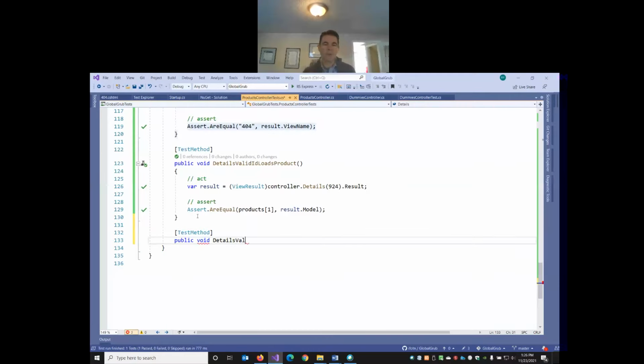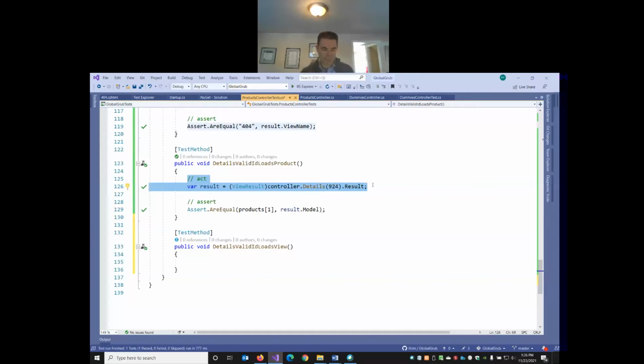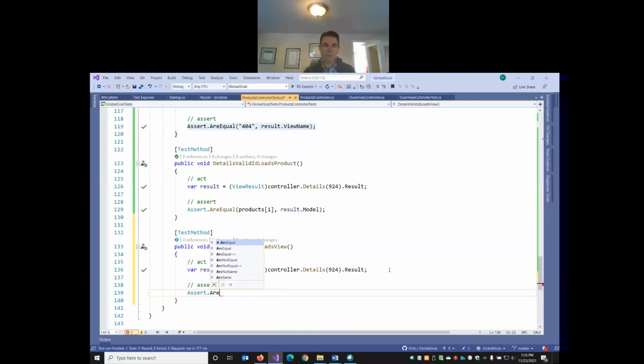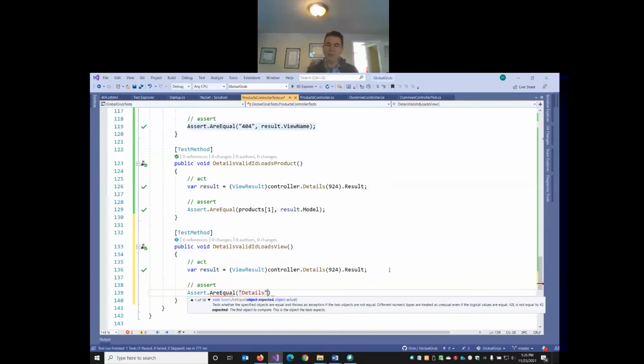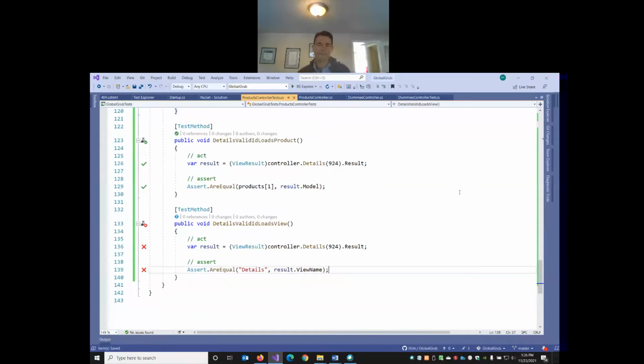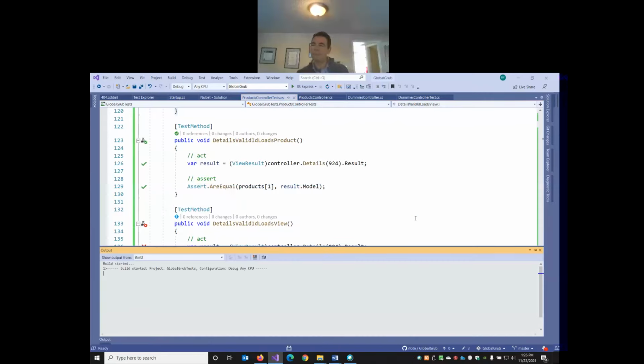So the details, valid ID, loads view. My act, I can again just copy and paste. So when I pass in a valid ID, we should be getting a view called details. Okay. Why did it fail? When I run my test,